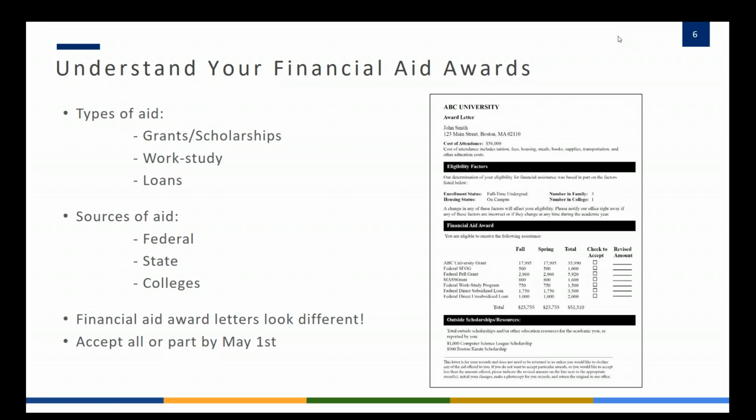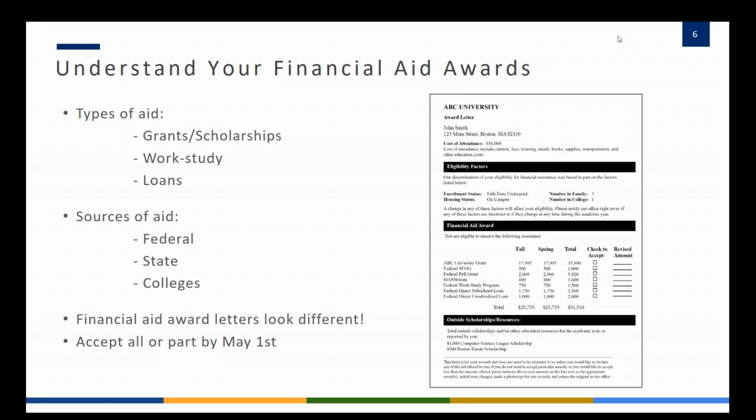I have a friend that I'm working with, her high school senior, and a state university outside of Massachusetts packaged a $40,000 PLUS loan for her family. And I did need to tell her that's not financial aid. It's actually a parent loan that you have to apply for. So just keep that in mind if you do see PLUS loans on an award, to remind families it's not financial aid. It's just a recommendation of one way to help pay for the bill.